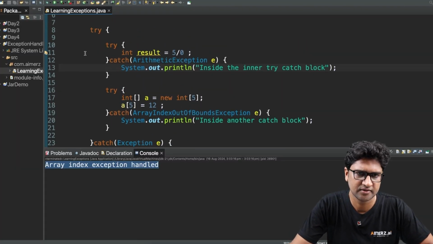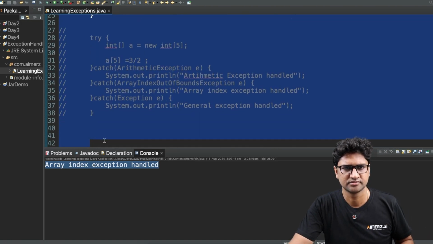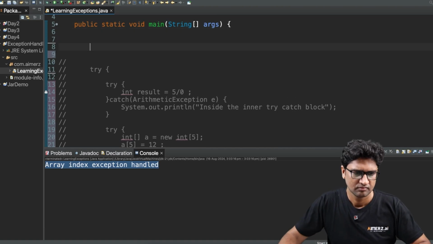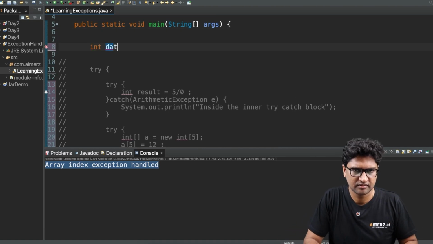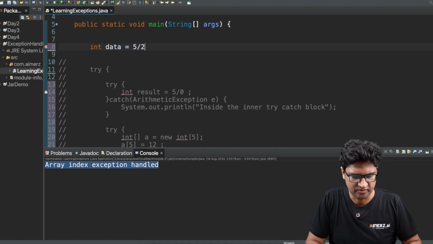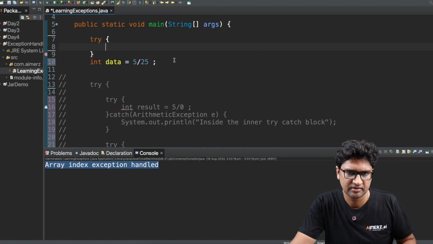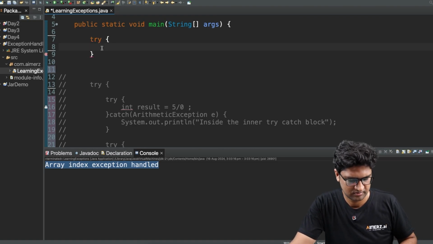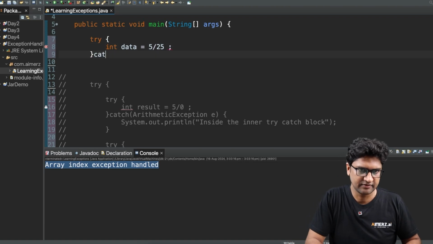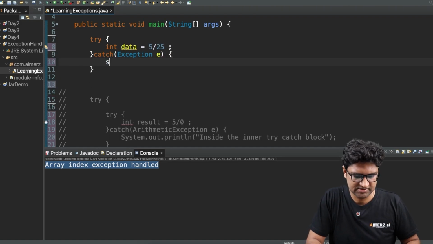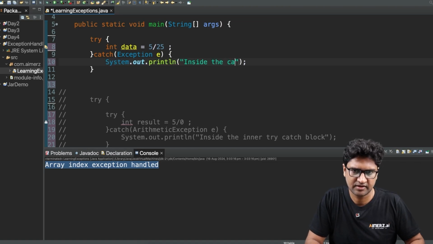So if I go to my Eclipse, let me comment this out. Let me write int data equals 5 divided by 25. What I'm going to do is put it inside a try catch block. So I'm going to take a try, and then I have catch Exception e, and I want to sys out inside the catch block,